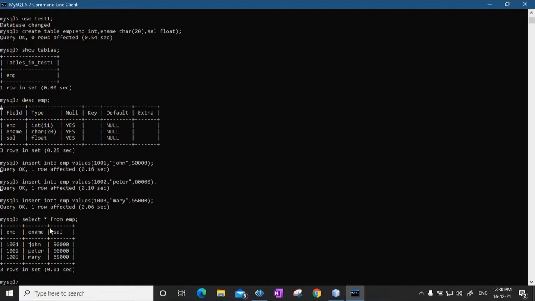Now see, in a table of a database, horizontal ones are called rows, vertical ones are called columns. Columns represent the attributes, for example employee number, employee name, salary, whereas a row represents the tuple. A single row or single tuple gives information about one person. So this tuple tells that the employee number of a person is 1001, whose name is John and his salary is 50,000. So this is called a tuple, whereas this is called a column, right?